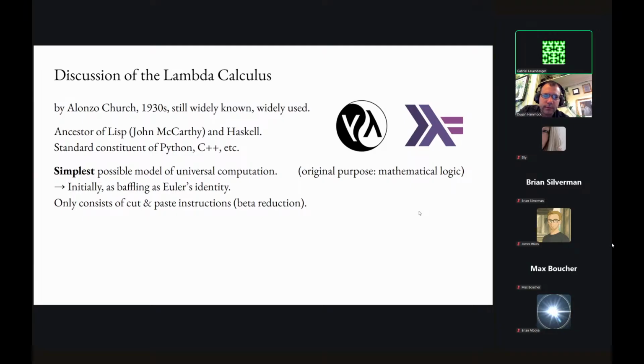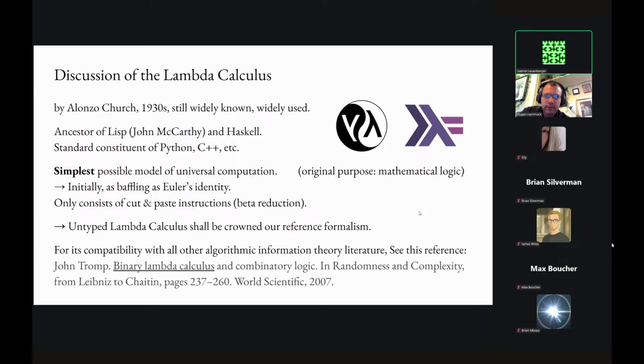These logic systems usually also have a whole bunch more rewriting rules than just one rewriting rule, like the lambda calculus. And so I would say that should definitely be the reference formalism. But then the little problem is that all of algorithmic information theory, so this whole theory about Solomonoff induction and Kolmogorov complexity, is formulated in terms of binary codes and Turing machines. But that has already been resolved by John Tromp, who developed the binary lambda calculus. So all of this is not a problem.